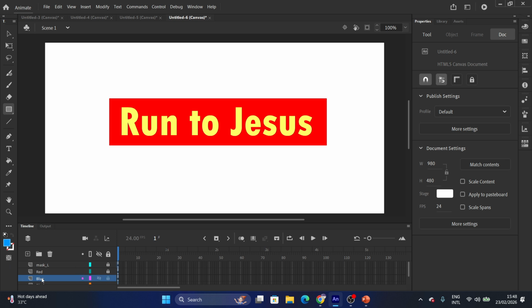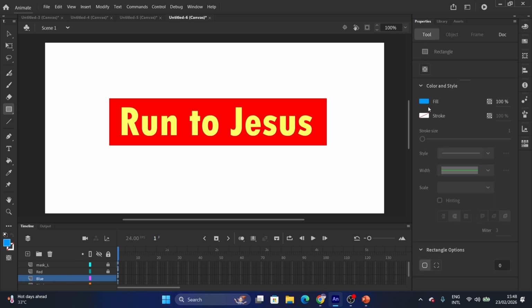So next we're going to pick a blue rectangle. So the blue rectangle, any shade of blue, and I'm going to draw